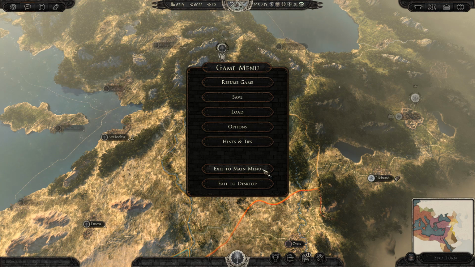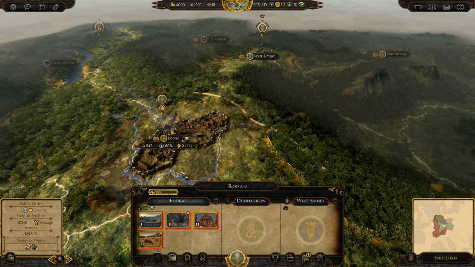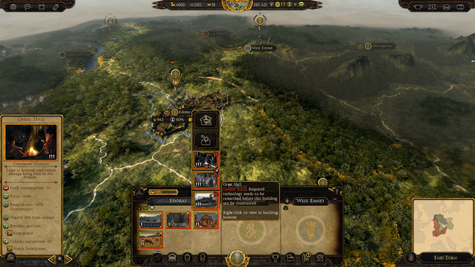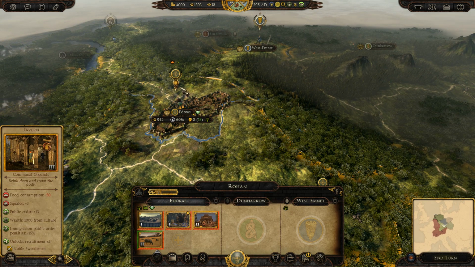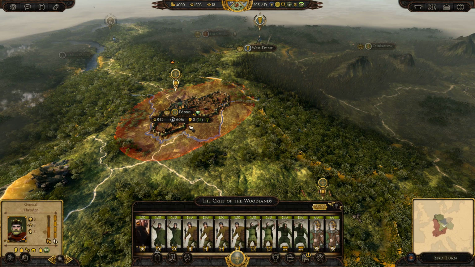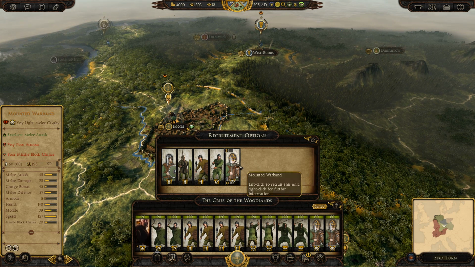Let's go to the Rohan factions. Take a look at them. All right, here we've got Edoras. Meeting hall. As you can see, King's Guard, Noble Swordsman. I'm not too sure if that's any different, but I don't totally know the Rohan roster. But we already got